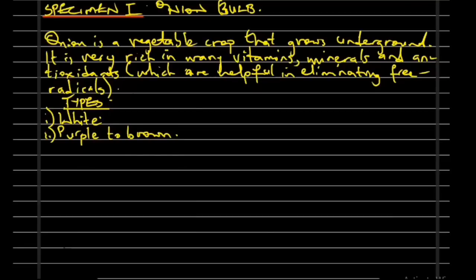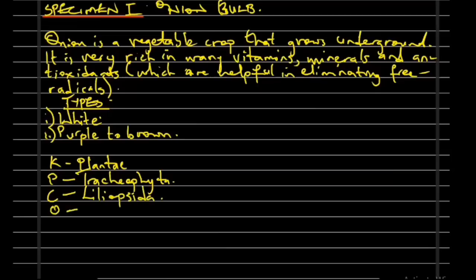When we look at this particular crop, looking at its classification scientifically, let me quickly put its classification here. It belongs to the kingdom Plantae, and then the phylum to which it belongs is called the Tracheophyta. The class is the Liliopsida. And then the order, we have the order to be the Asparagales. And then we have the family to be the Alliaceae. The genus, we have it to be the Allium, while the species,